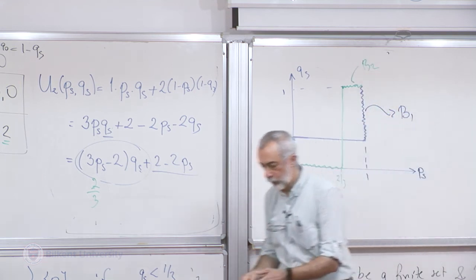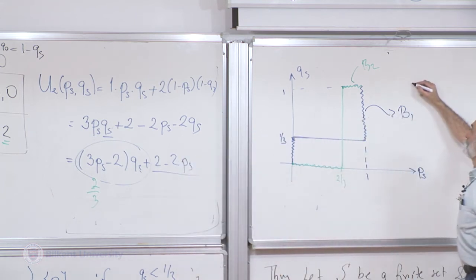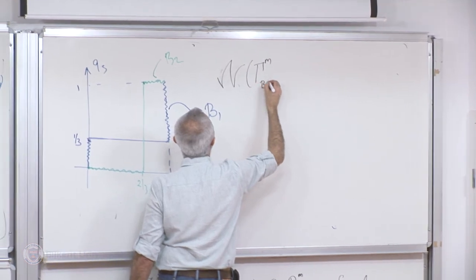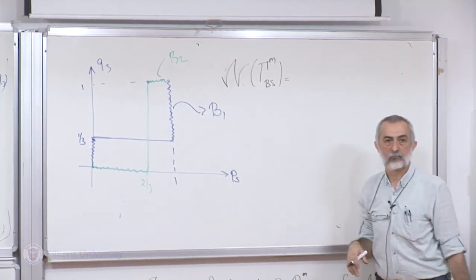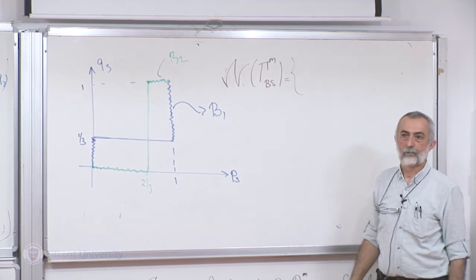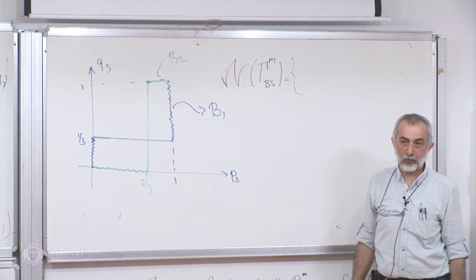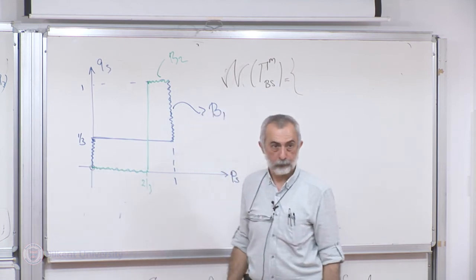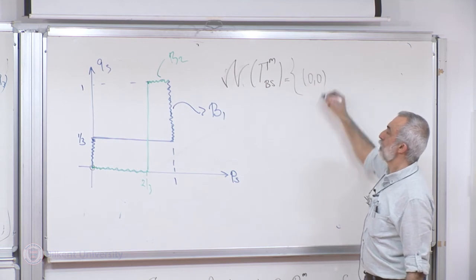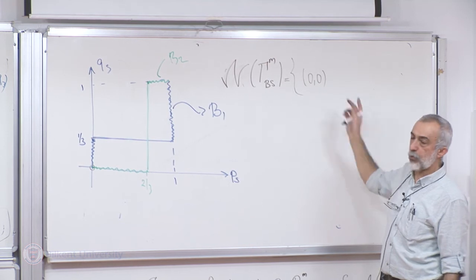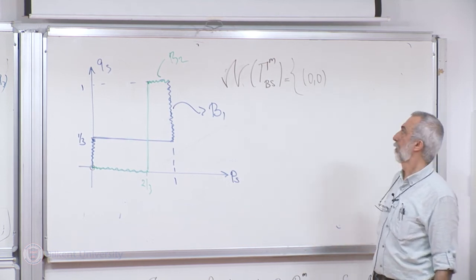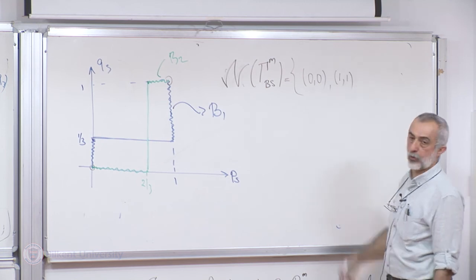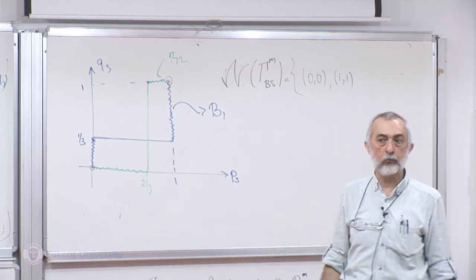So, what can we say about the Nash solutions of the mixed extension of the Battle of Sexes game? So we look at where the graphs of the best responses intersect. The best responses themselves never intersect, but the graphs intersect at this point where PS and QS are both equal to 0, which means that they both go to the opera, and this point where PS is equal to 1, QS is equal to 1, which means that they both go to the soccer match for sure. And